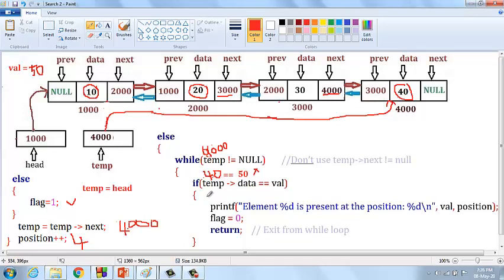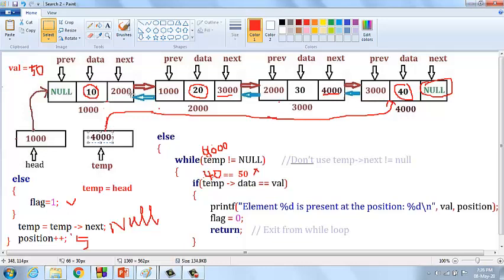And then temp should be incremented, temp equal to temp of next. What is temp? 4000 of next, what is 4000 of next? 4000 of next here is null. And then position should be incremented into 5, and what is the value of temp now?